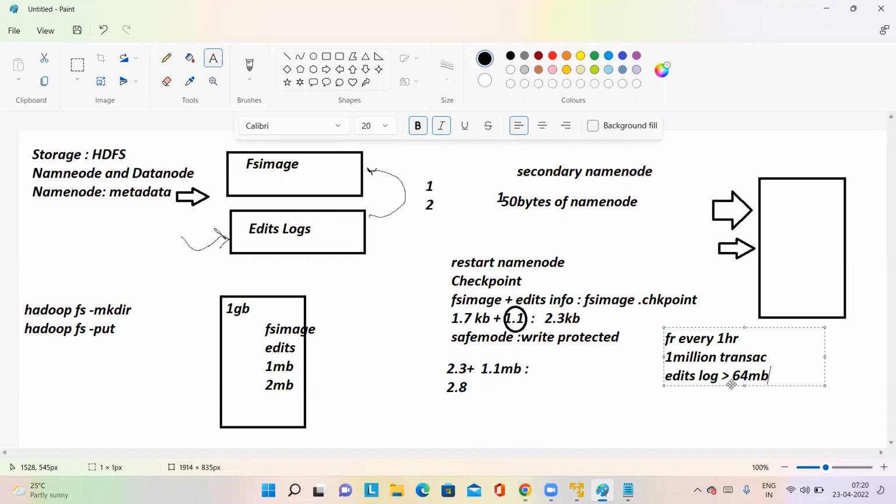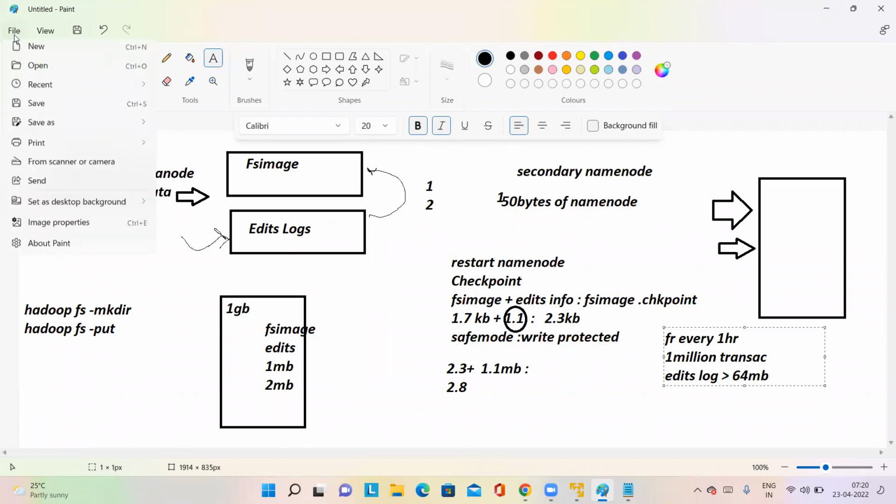Now, during a period of 5 to 10 minutes, upon seeing the edits log file size jump, we have restarted name node twice. So this is not a good recommendation, as in production clusters, name node restart should not be done frequently. For that reason, there is someone who has to do this checkpointing process periodically. So that someone is known as secondary name node. Now let's see what secondary name node does and how it